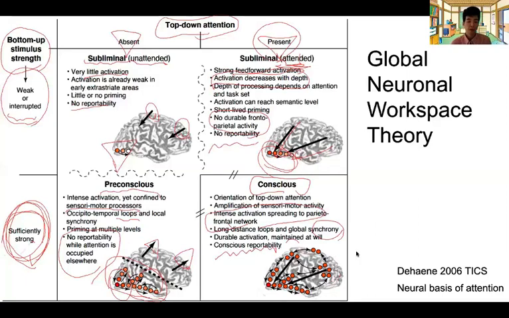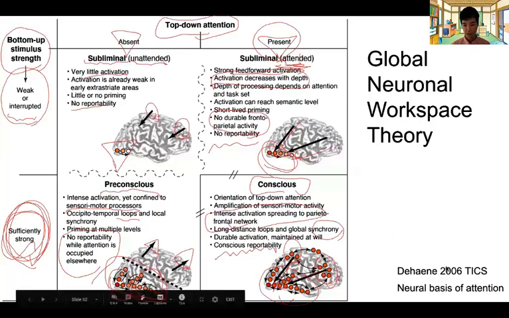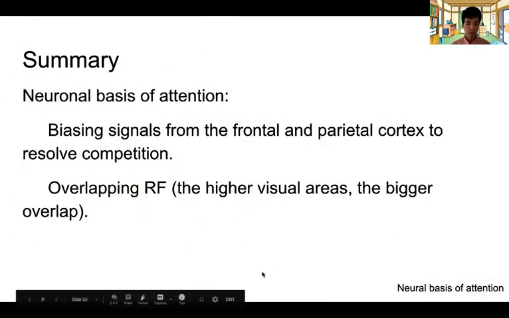And at this point, I should say that I'm not very convinced by this model, but that's going to be coming from next week. Okay, but this is a highly popular model in consciousness research right now. So, in summary,